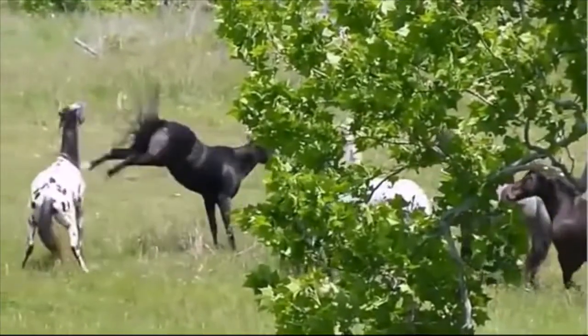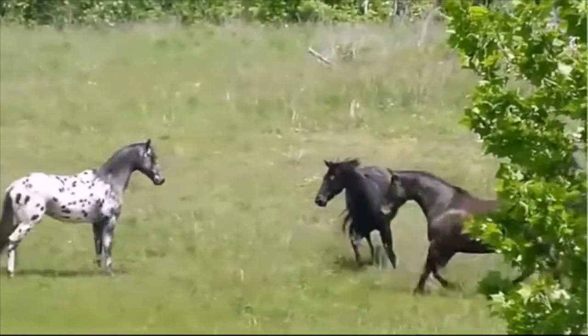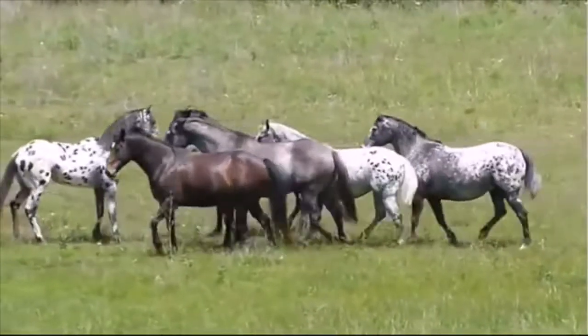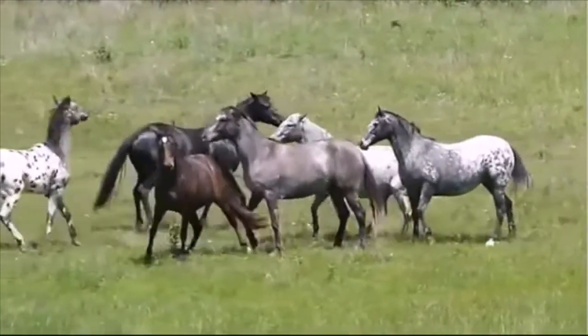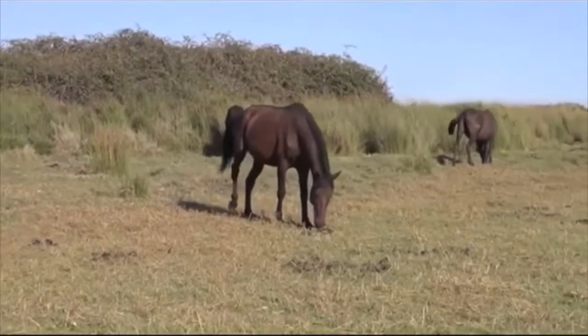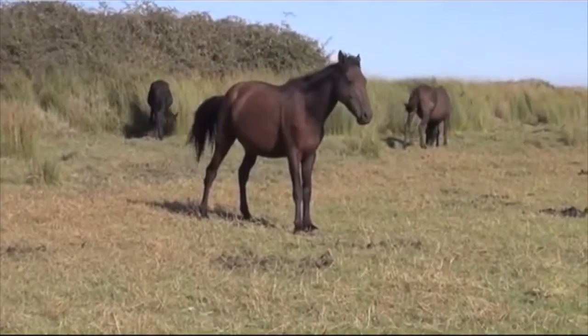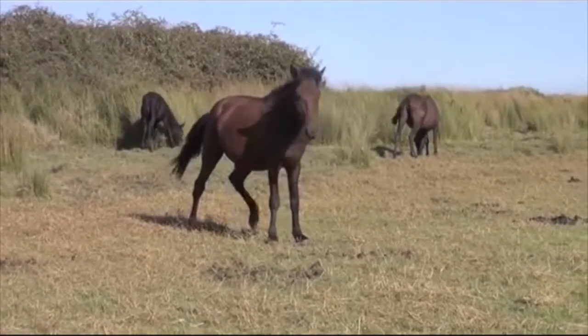It is exemplifying double-barrelling and chasing the horse backwards, forcing the Appaloosa away from the group. This snaking, long and low posture with the ears pinned back is a common indicator that the stallion is driving its herd. This bay horse is seen urinating over the top of his mare's poo piles. This masks the smell for other stallions, so they cannot work out whether the mare has been impregnated or whether